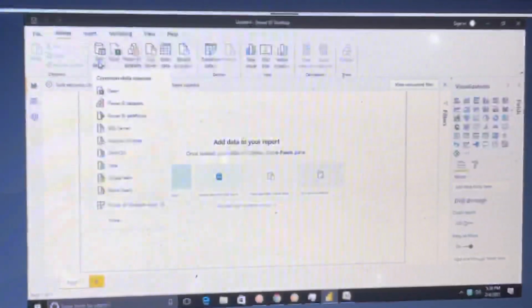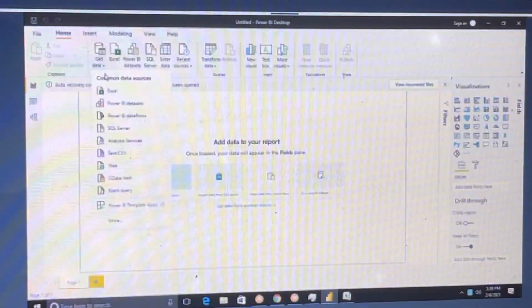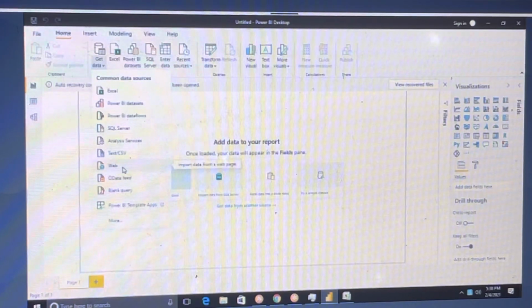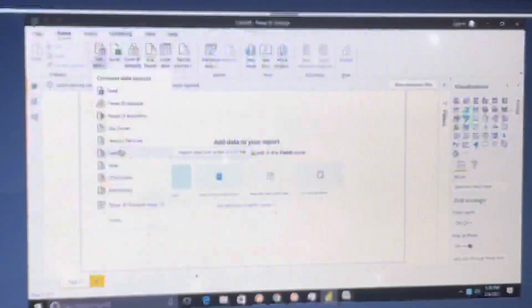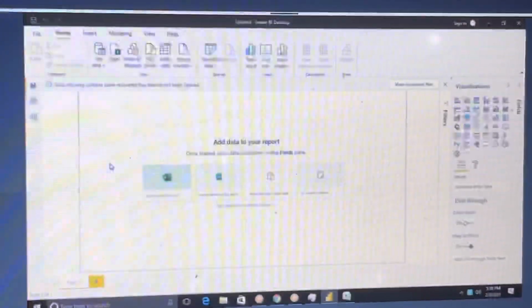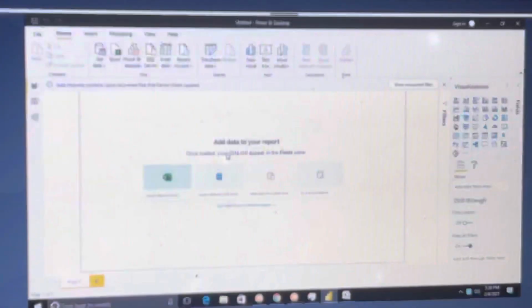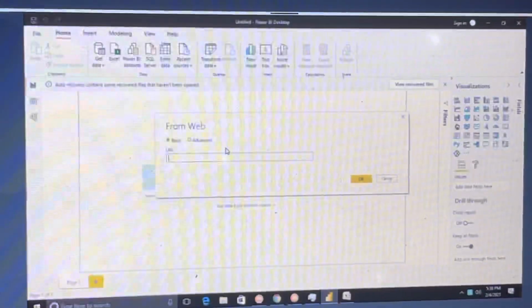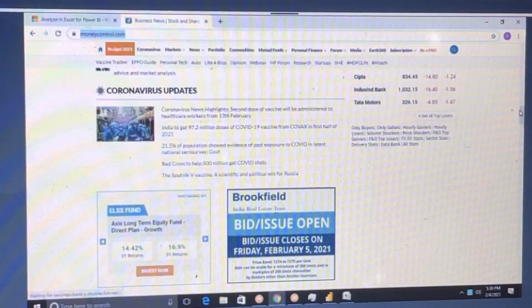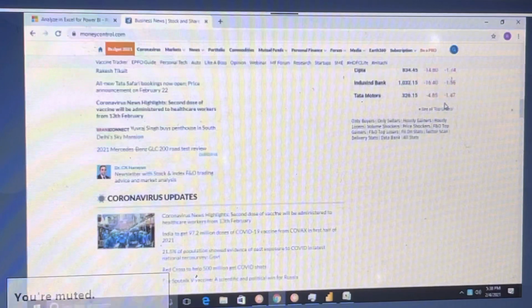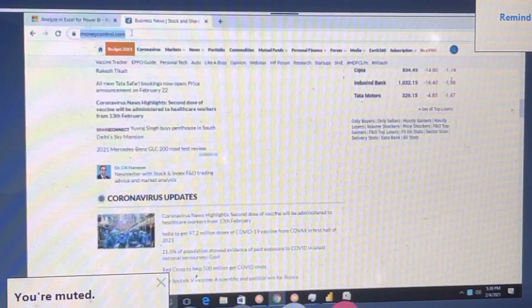Okay. The only thing so far is we talked about the group by and how to get the data from the portal, web. And how to get it from the portal? Click on get data and click on web, and once you click on web, you can see that option. You have to pass the URL so that whatever table formats we have, you will be able to get all the data.